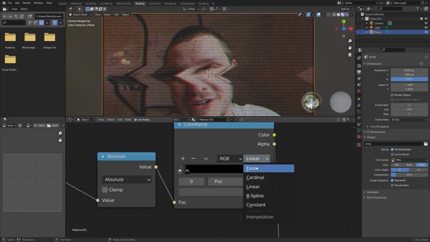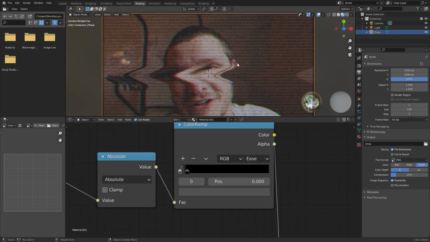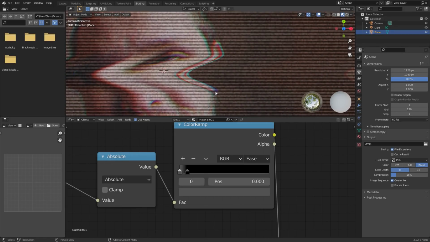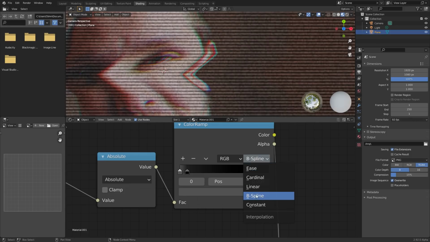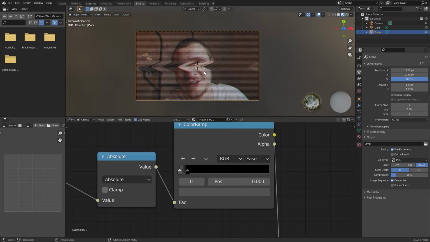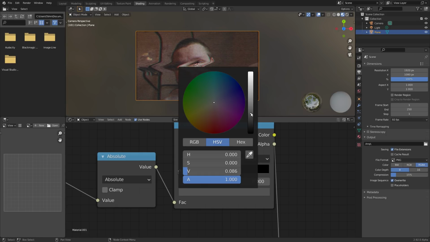You could do any kind of interpolation you want. So easing, you can actually see the, this is cool. You can actually see the, not the cross section, but the graph for what these interpolation methods give. So ease kind of gives a bell curve. Bezier, or B-spline, is going to give a B-spline. We can do cardinal, which should give us something kind of circular, even though it kind of looks like a cone, whatever. I'm going to choose ease because it looks the best, and we can also take down this intensity